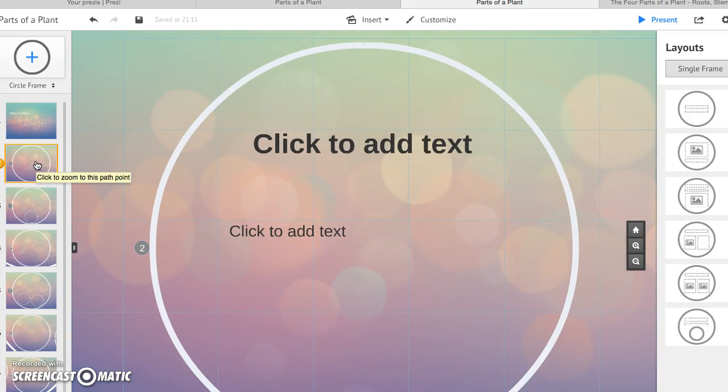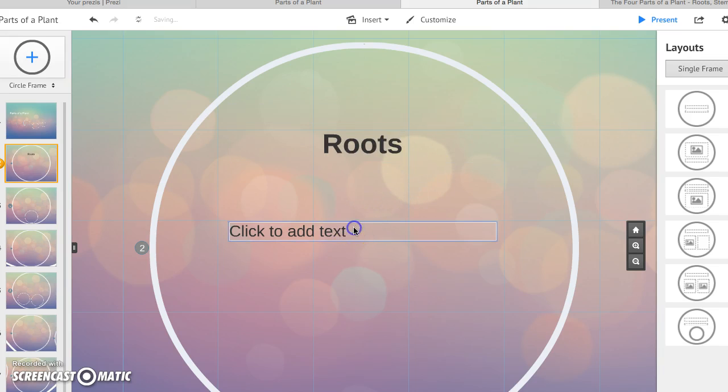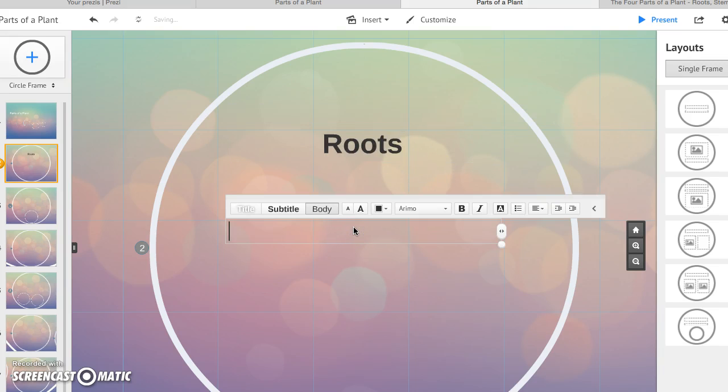Here, I go to the first path, and if you see right over here, it's path number 2. This means that we have added a path already in the template, which brings it to this circle. So you're going to click to add text, and I'm going to say root, and then I'm going to add a brief explanation of the root and what it does. So I'm going to say root holds the plant in the ground